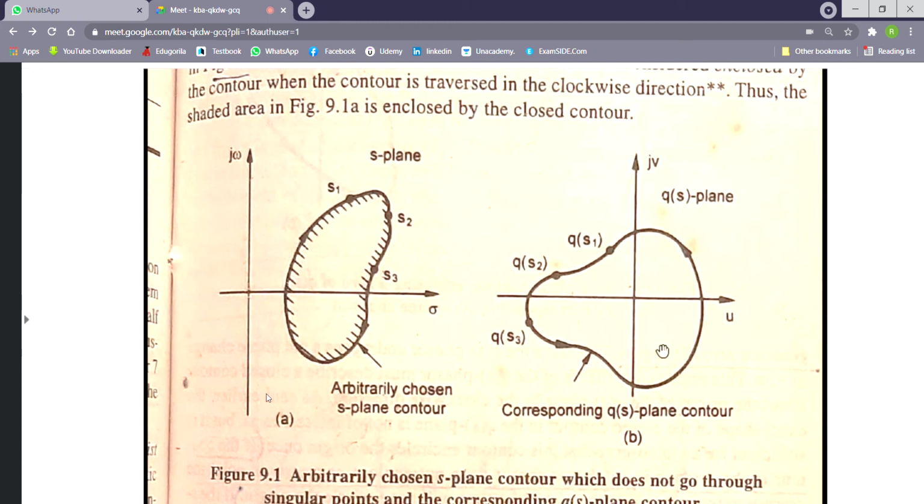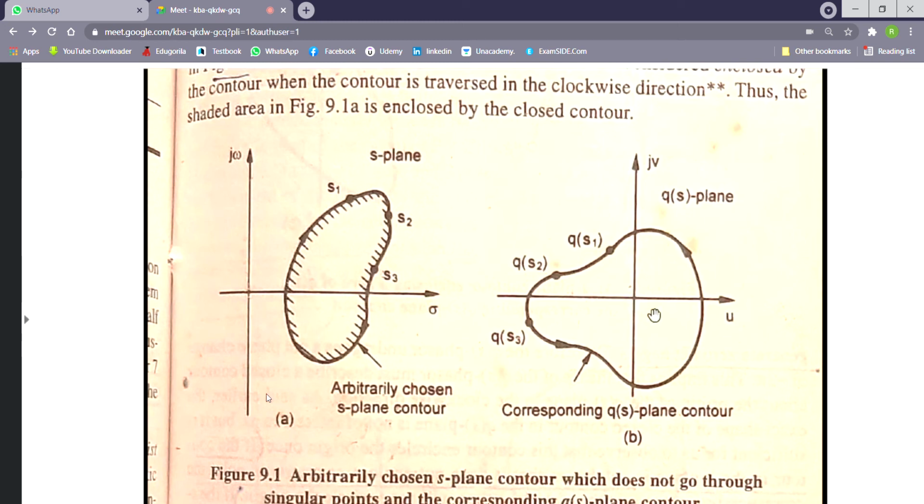So when we construct the QS plane contour, we sketch the QS plane contour, you'll see that we are not interested in the exact shape of this contour. But we are interested in the fact whether this QS plane contour encircles, or in other words, encloses the origin of the QS plane or not,